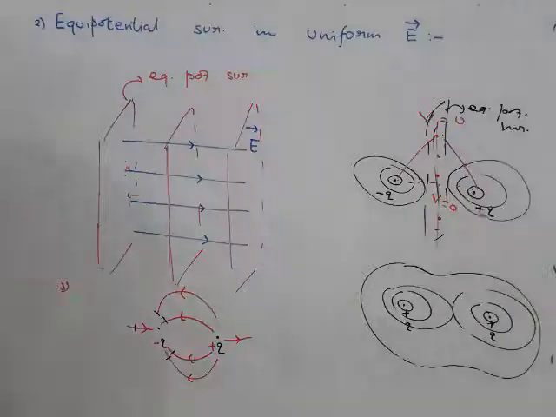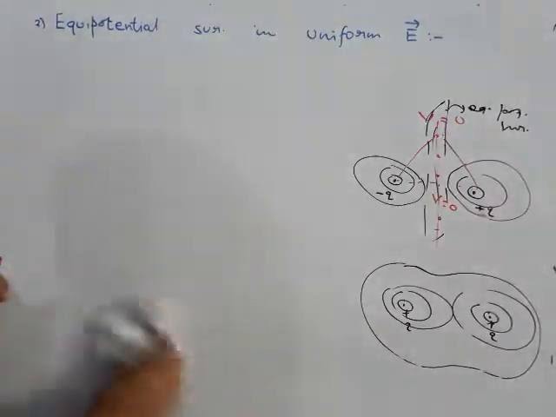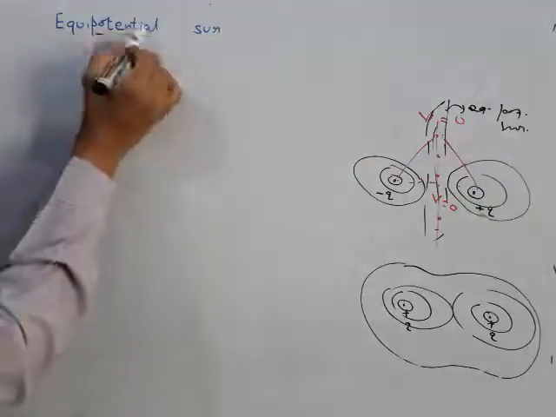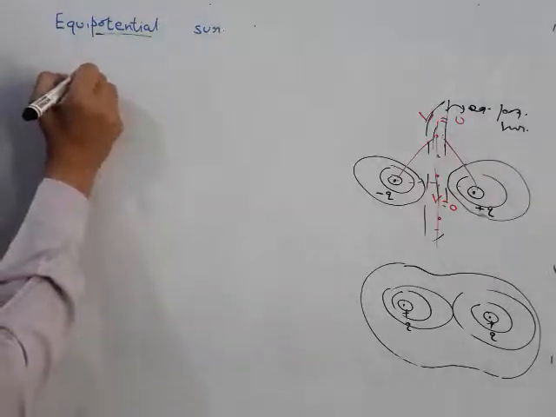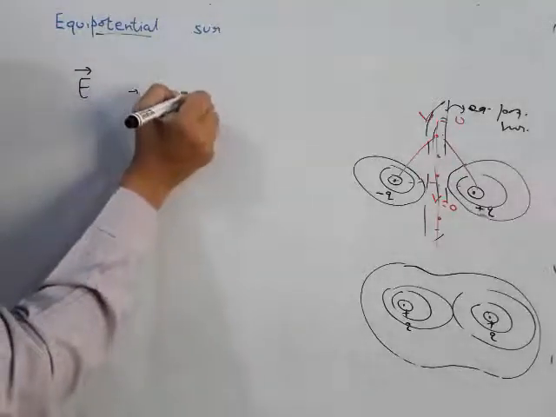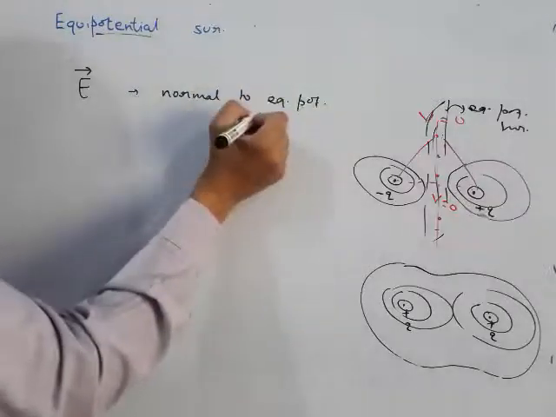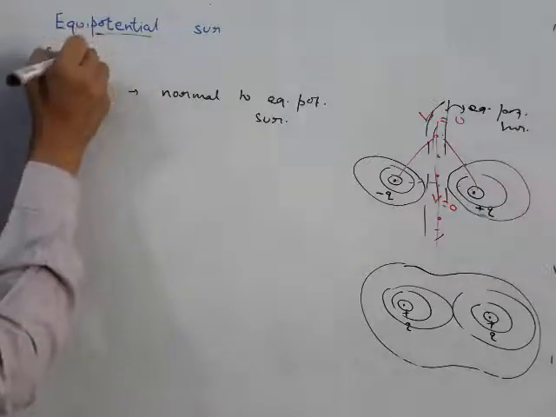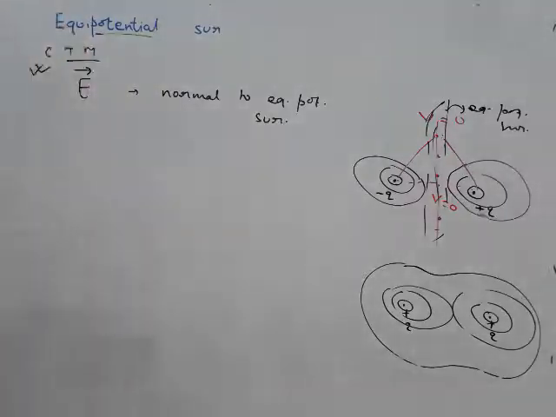Let me summarize what you have to remember in this particular thing. So equipotential surfaces, first their definition. The definition is the name itself. This itself is its definition. The important thing that you have to remember is that in any region, the electric field vectors are normal to the equipotential surface in that particular region. This is important, so commit to memory. You will never have any situation wherein electric field is not normal to the equipotential surface.